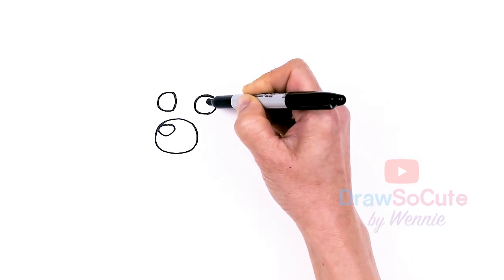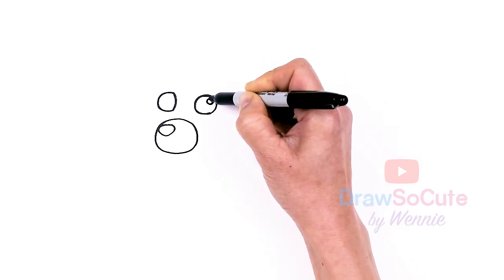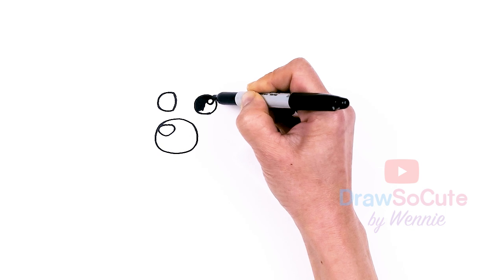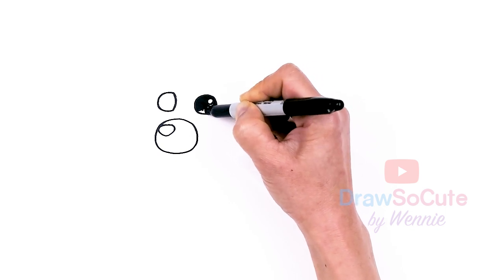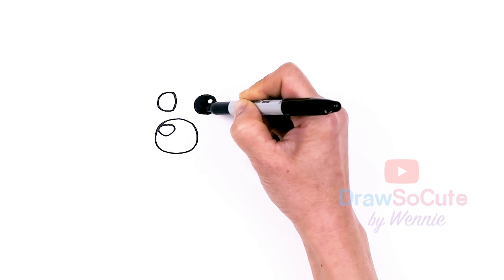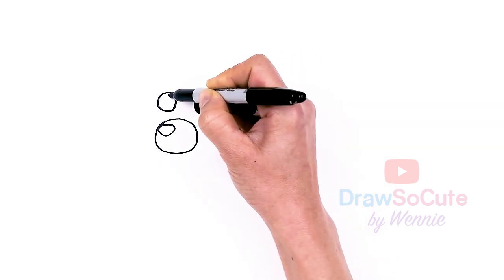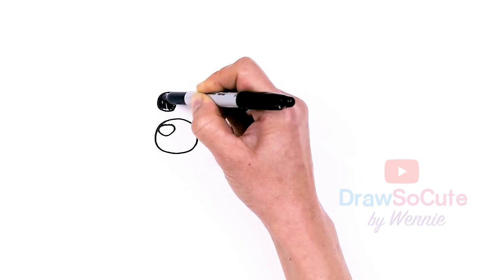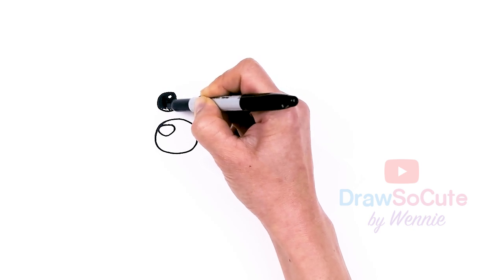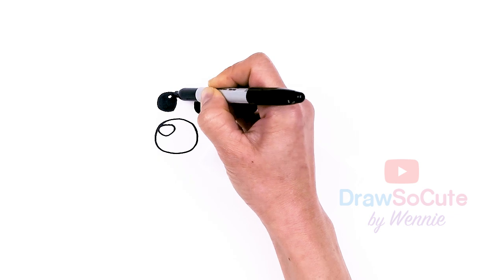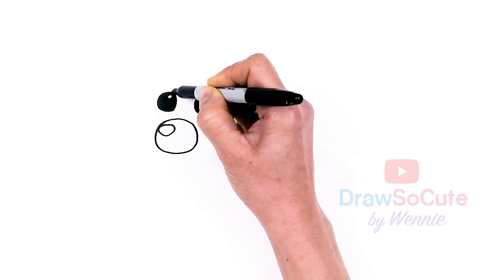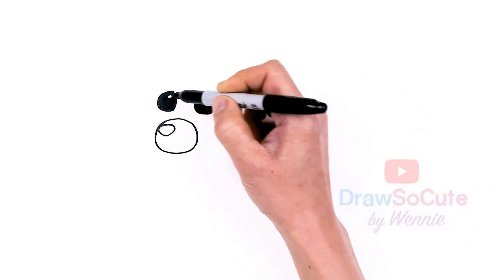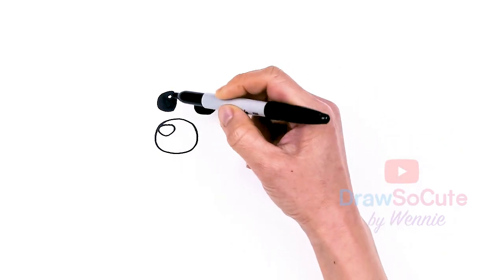So then let's come right here, we're going to give it a little highlight. So I'm just going to draw a little circle right here and shade this all in black. And I'll just put a little highlight right here as well and shade this in black. There. Okay, so now that my wobbly eyes are in right there,